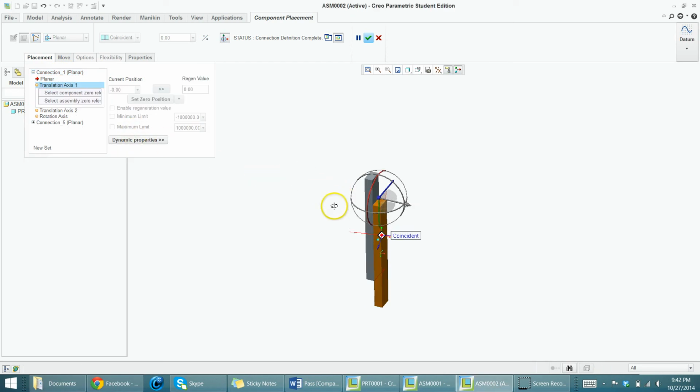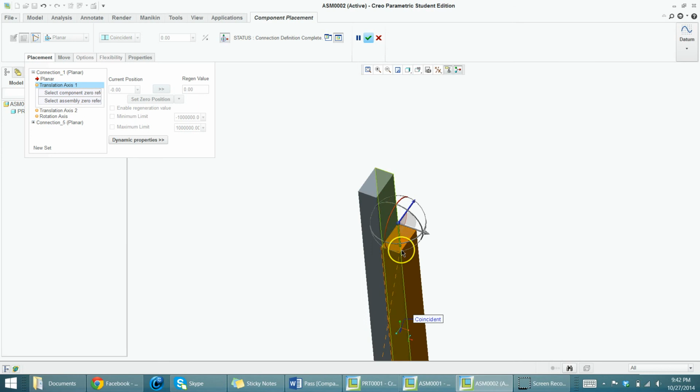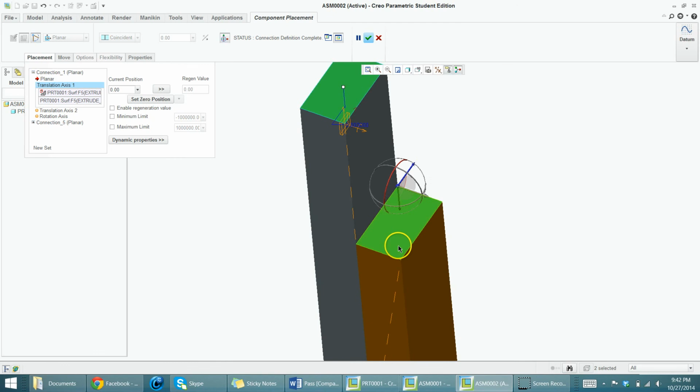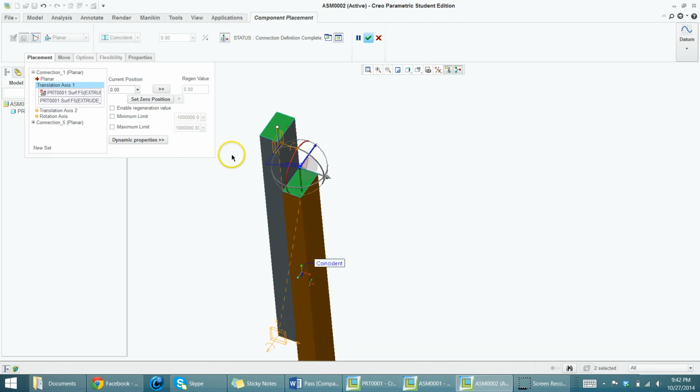So the only translation axis is going to be your up and down movement. That's the only thing left you have to constrain since you're using two planar connections. So we will use two surfaces. They need to be parallel. I recommend using either the top or the bottom of your part if that works for you. And we will